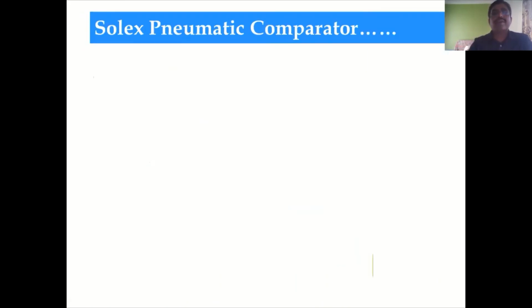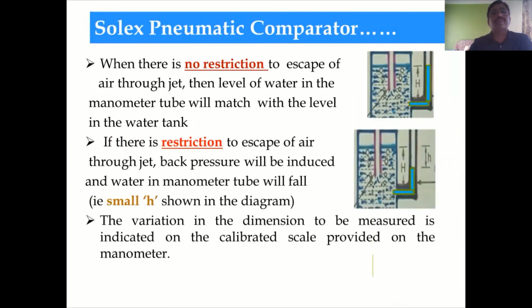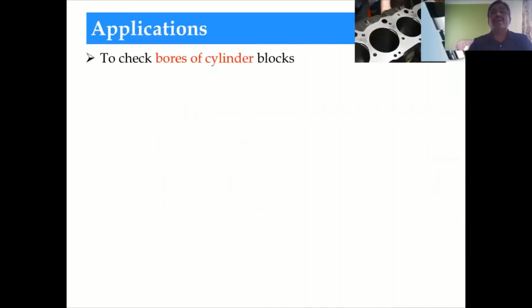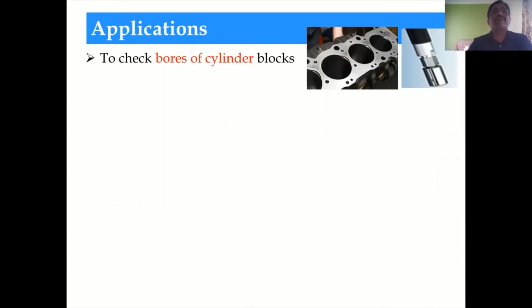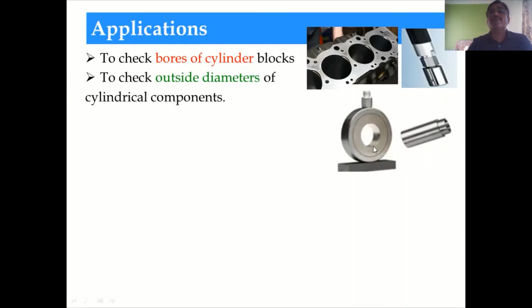All these things I have written in more detail there, so you can just go through this. Then applications: a number of applications are there. Two applications we have already seen. One is the internal diameter; here I took the example of the bore cylinder. With the help of this plug gauge, we can check the internal diameter of this cylinder. Second, I can show the outer diameter. When you go for the outer diameter, I have to change the gauge, so this gauge is used to check the outer diameter of this component.